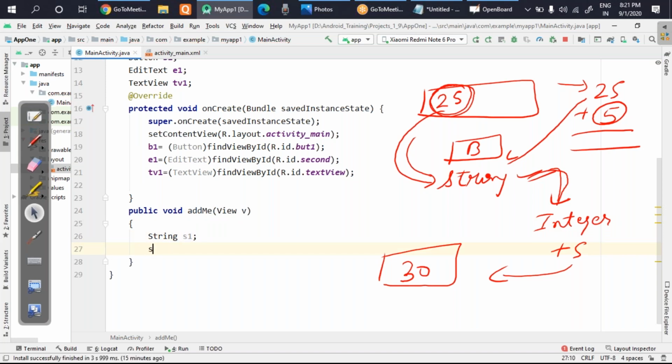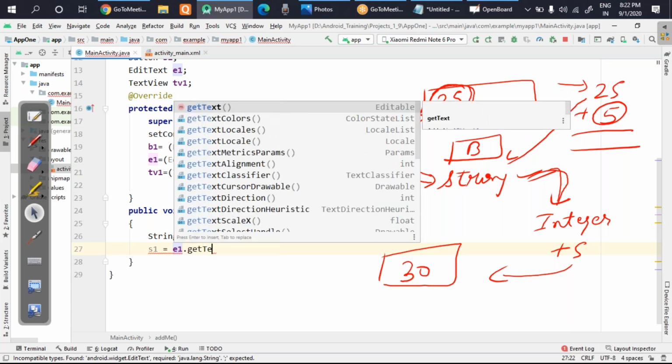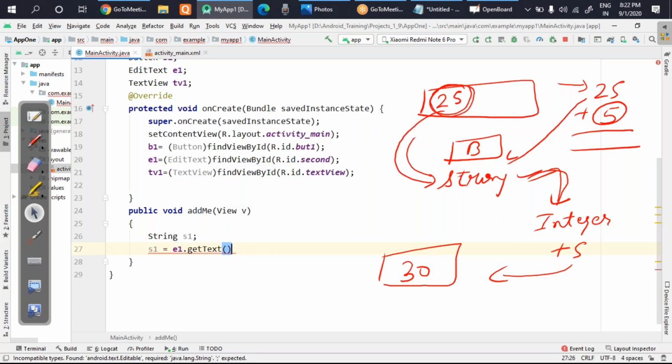Inside S1 I store whatever comes from there, so I write E1.getText().toString(). These two functions get the text from there, format it into a string, and store it into S1.